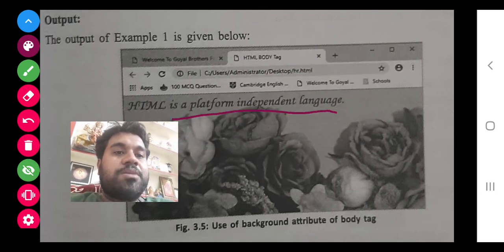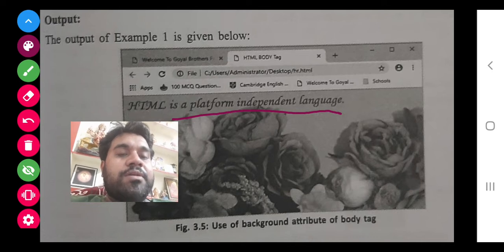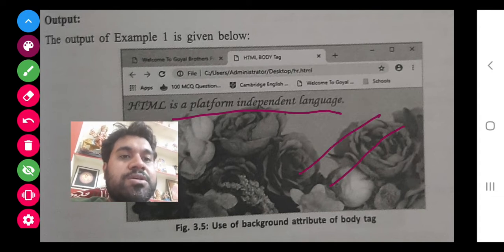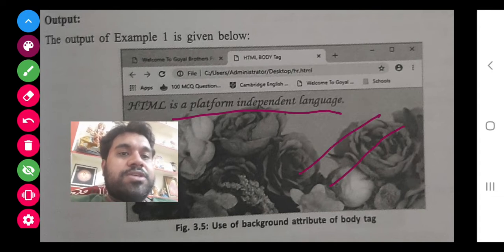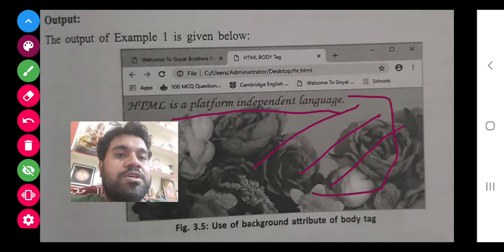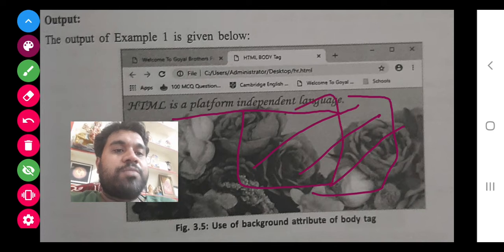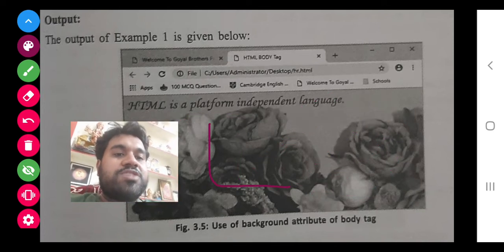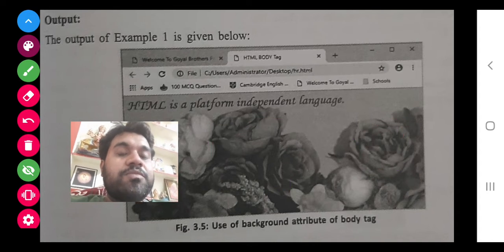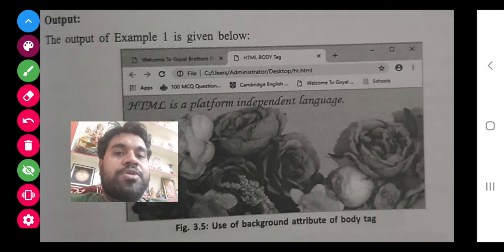Here it is coming in monotype cursiva, it is coming in the given size, and the background picture is coming. So inserting a picture and having a background is a different thing. Background, the whole background is covered with that picture, but if we insert a picture, only in this part, or you can say in the middle or sideways, that picture will come. And it is black and white, so it is not coming as red color, but in your computer it will come red color.